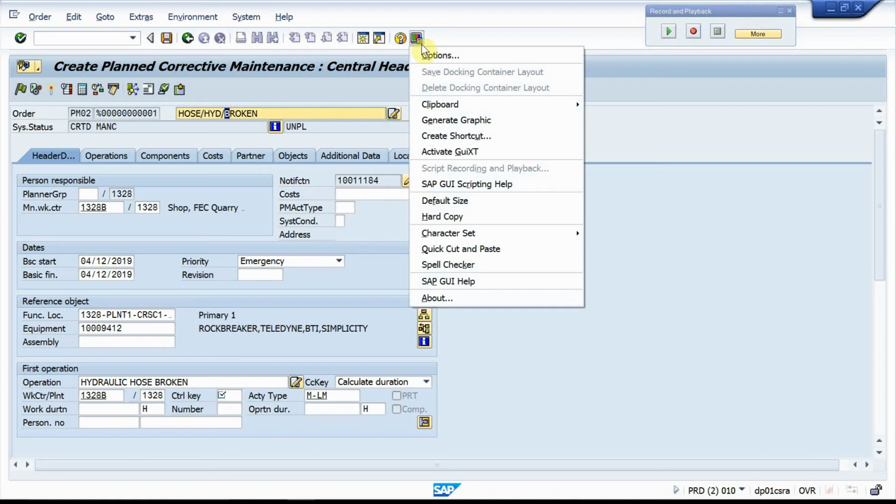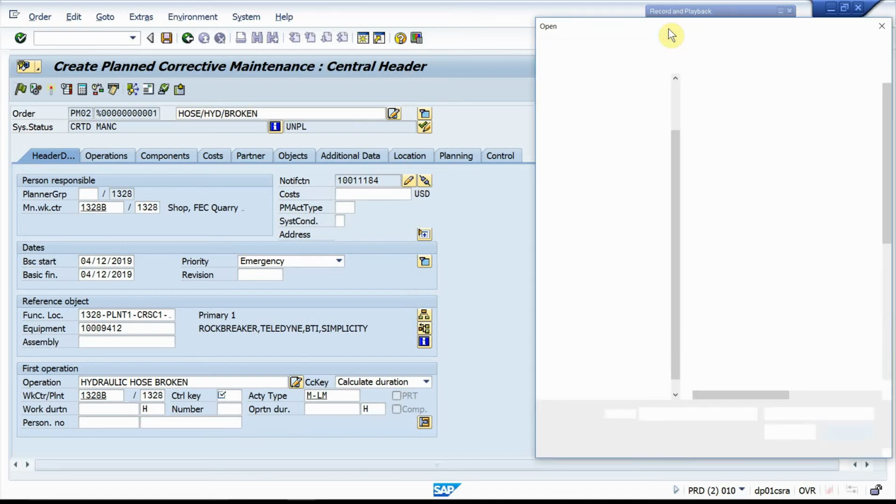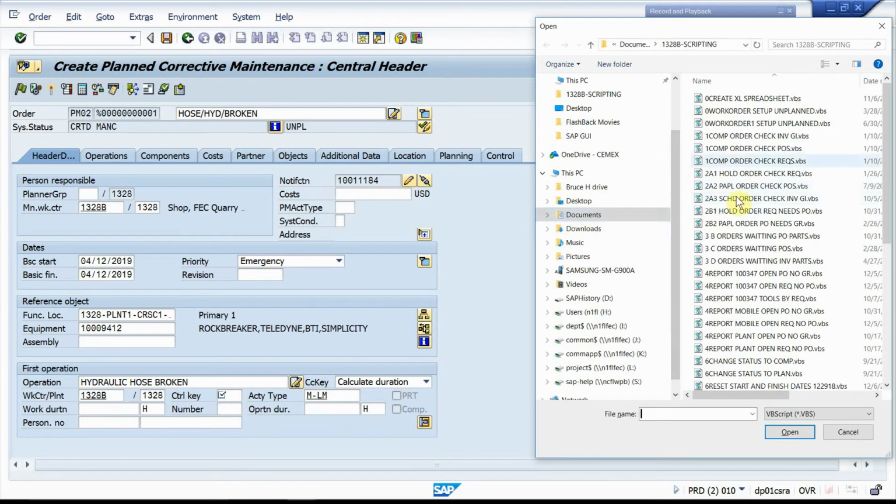That's where I go to get your macros. So right here you go into this window here, the last one. Your setup might look a little different because the newer version and the older version, this is the older version, the newer one has different icons. So anyway, we go here and you see script, record, and playback is what you select. Here it's not dark anymore because it's pulled up. So then I go in to run my script. I'm going to put the windows wherever you put them. That's where hopefully it defaults and goes there, and it'll find them. If not, you have to go back and find